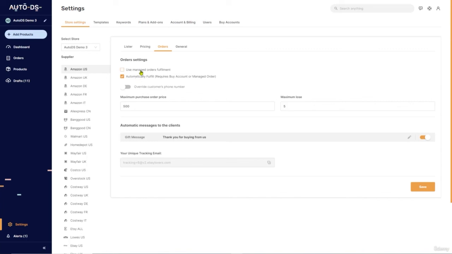And on Fulfilled by AutoDS, the AutoDS system has its own buyer accounts, which are used to fulfill the orders, and you will have to load balance into your account in order for the system to be able to fulfill your orders. If you do not have the Automatically Fulfill button checked, the system will not automatically fulfill your